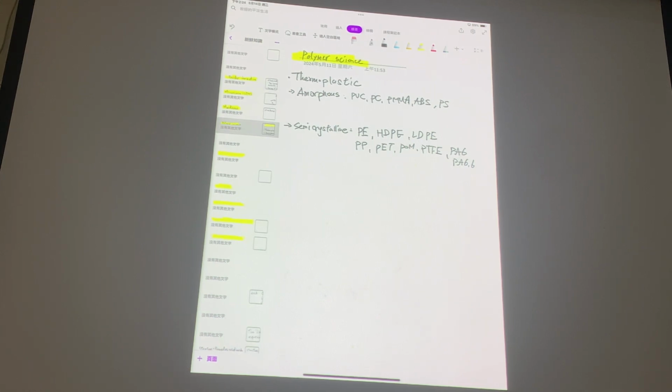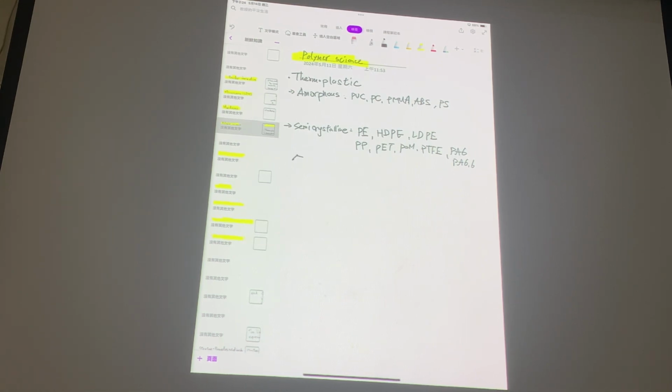This is not a very academic way, but you can definitely recognize a lot of amorphousness. For example, PC and PVC are mostly transparent. Sometimes they're not, because they add fillers or color pigments inside, so that's a little bit easy. All right, so let's talk about